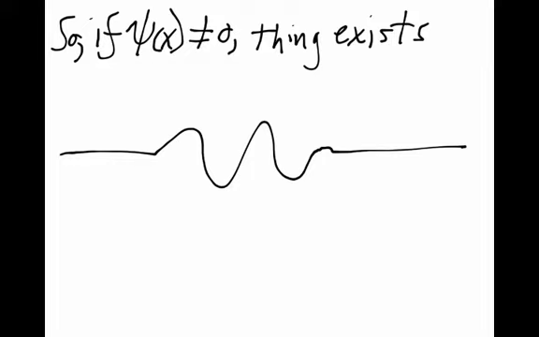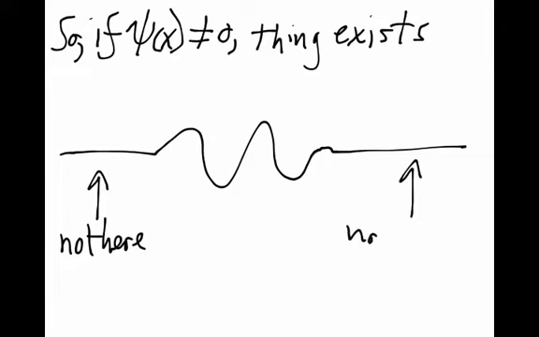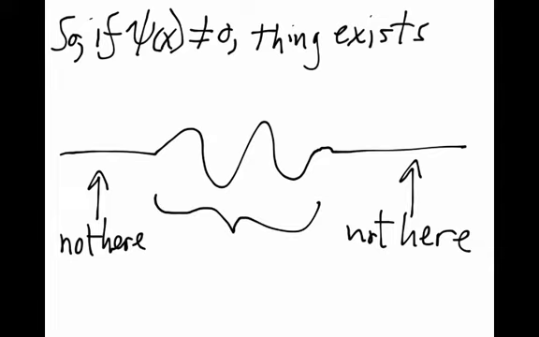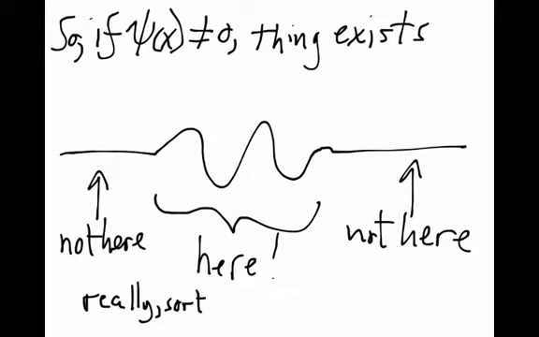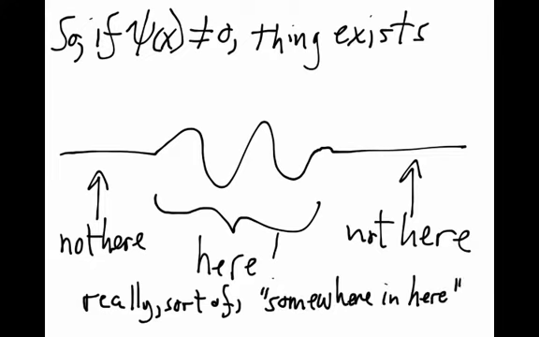So here's a wave function. It's zilch for a while, it isn't zilch for a while, and then it's zilch for a while again. Over here on the left, where it's flat and 0, whatever this thing is, it isn't there. Over here on the right, where it's flat and 0, whatever this thing is, it isn't there either. So somewhere here, where the wave function is wiggling and looking like a wave and has values that aren't 0, that must be where our silly little object is. What this turns out to mean is that the object is somewhere in there where the wave function isn't 0.